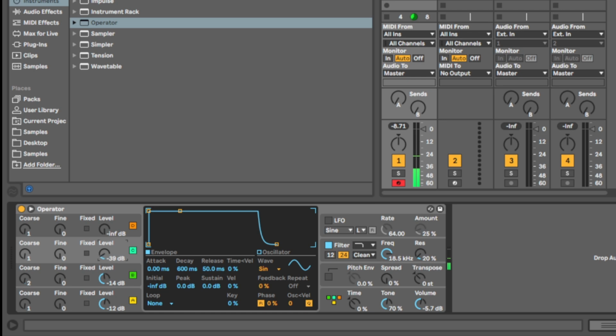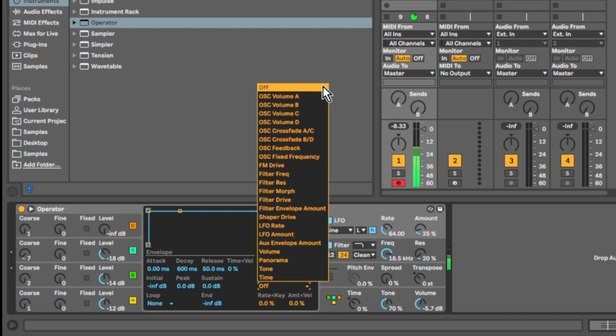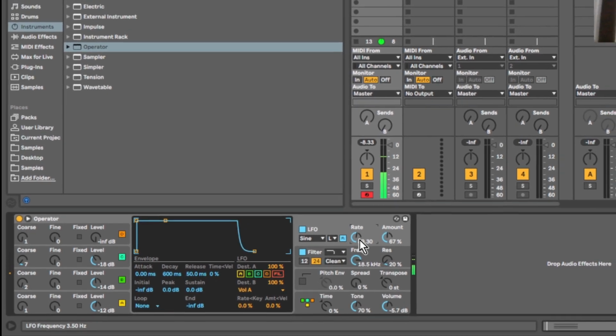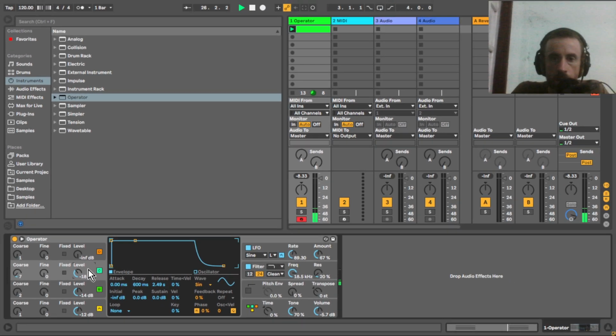So oscillator C, let's give it some of that. We'll pitch it right up. Nice. And I'm going to turn on the LFO here and assign it to the volume of oscillator A. Turn off destination A. Nice. So let's put some